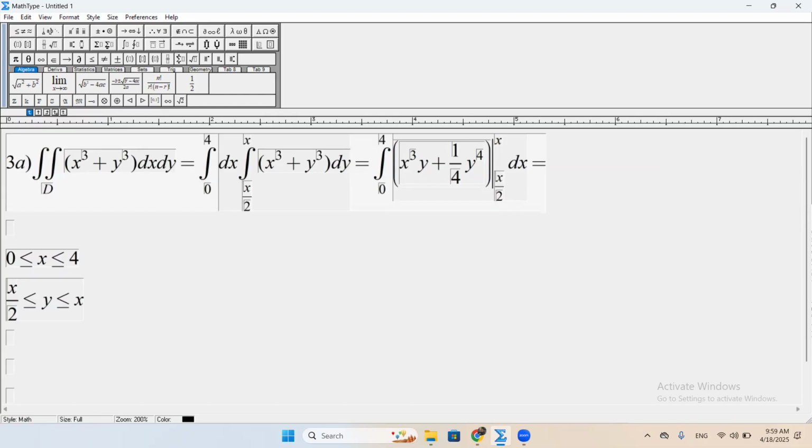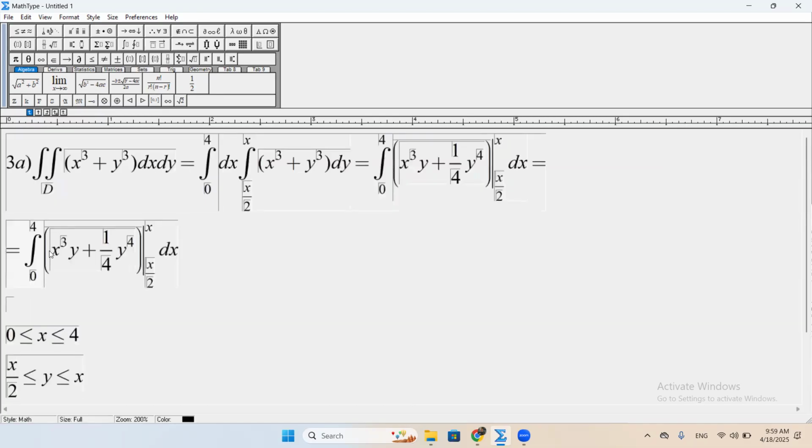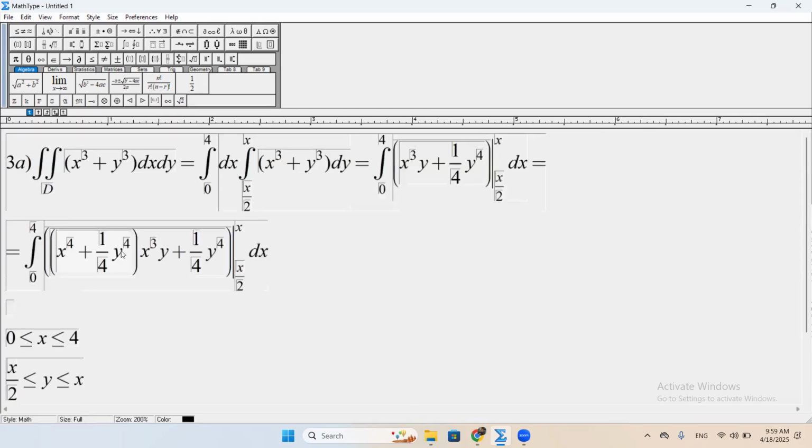Writing down the following integral. So what do we have here? x to the power of 4 plus 1 over 4 x to the power of 4 minus